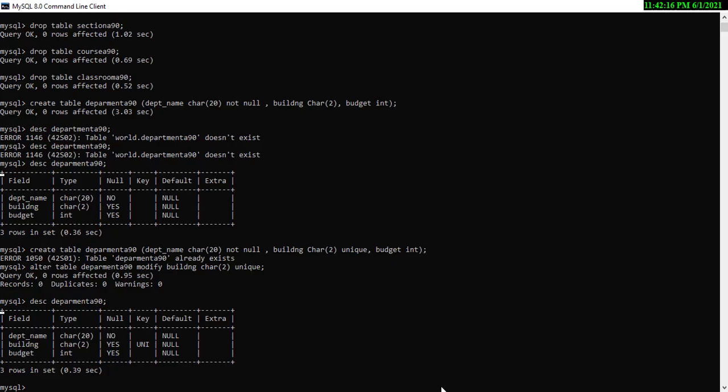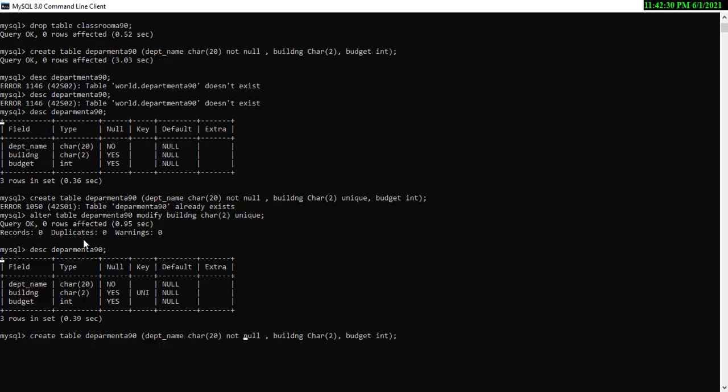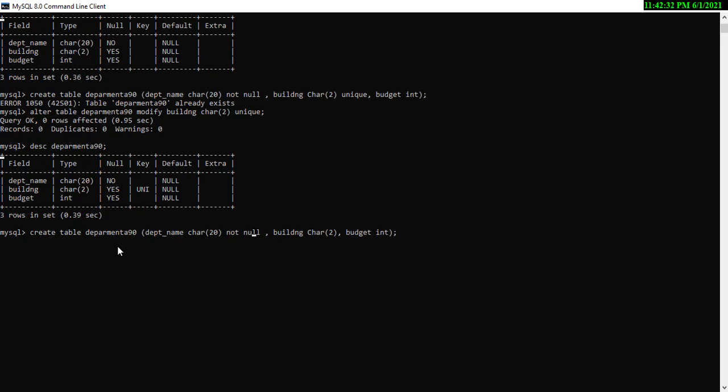Either you can apply it by using the alter table command, or by using the create table command. The method to apply the constraint by using create table is the same: you directly type create table name and the attribute names, and instead of not null, if I want a primary key, I can directly write primary key and hit enter.